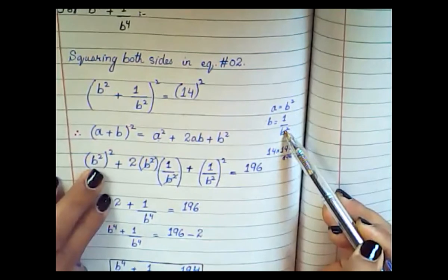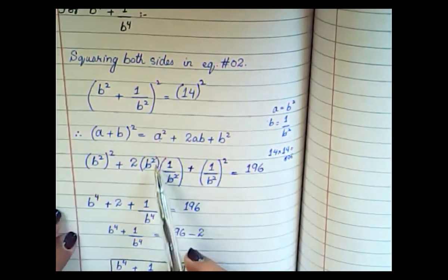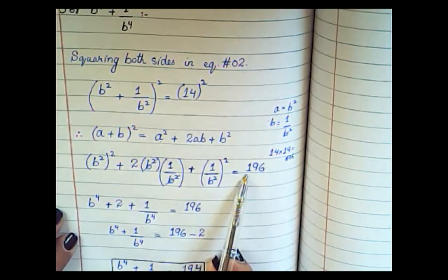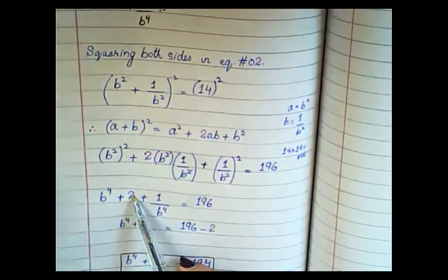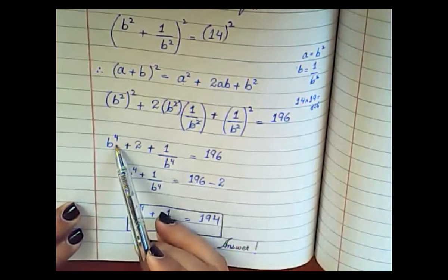Now you have to take the square of both the terms. Also you have to multiply them. Okay, b square will be cancelled. You will take the square of 14, which is 196. Now you will be left with what? Here you will get b4 by multiplying 2 multiplied by 2 will be 4.